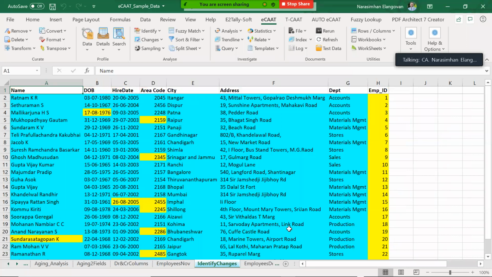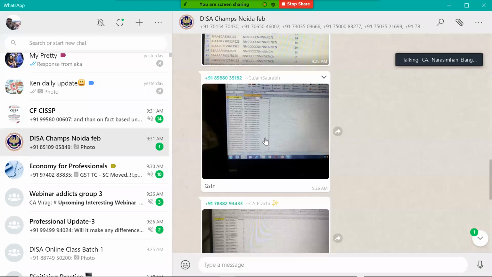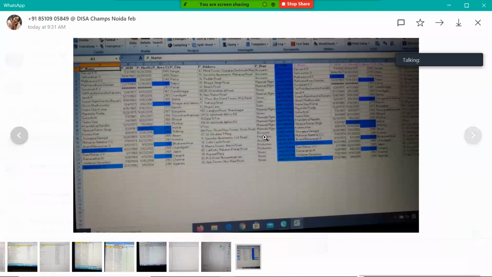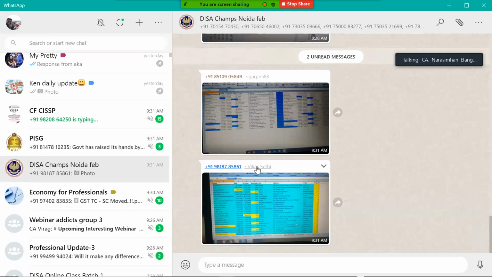Wow, look at this. All the yellows are the changes. My goodness, in one shot a colorful report has come to me. Yes or no, my dear friends? Wonderful. Somebody's already dropped it before I even completed this. I don't know who this is.